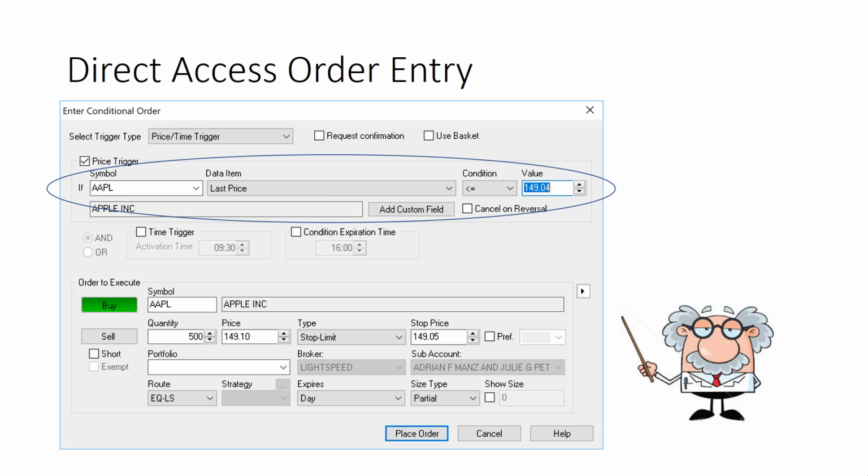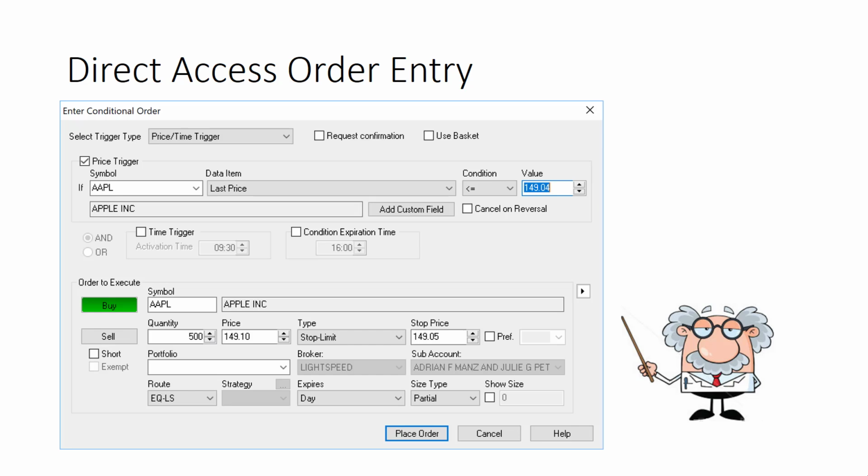And this line right here, this price trigger, and there's other types of triggers available, but we're not going to get into those here. This line is allowing you then to customize the order and give you a little bit of time to look at something else or just step away from the screen. The machine will handle this for you. As long as price remains below 149.04, these parameters are going to be the ones that trigger an entry into the stock. In this case, we'll be buying 500 shares of Apple, and we're going to anticipate that we're going to get filled somewhere between 149.05 and 149.10.